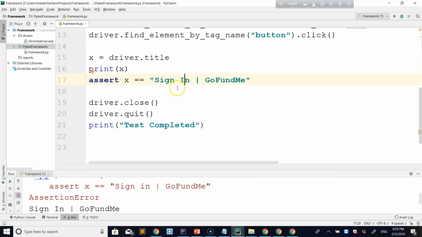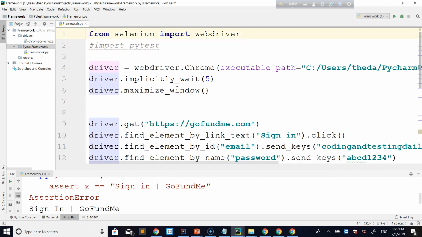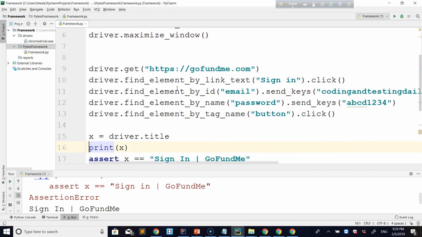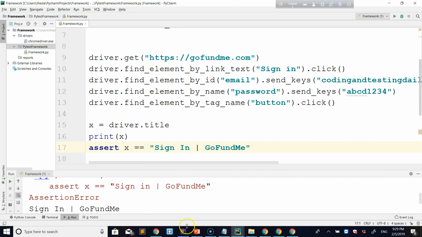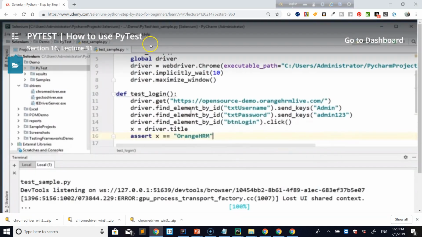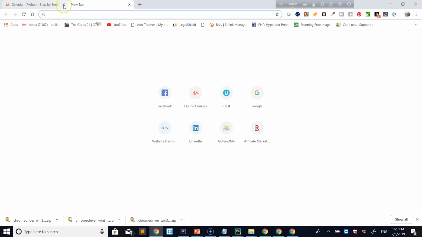All right, so this is the very simple test case in Selenium, but here we are not executing the simple test case in Selenium. We are going to use Pytest framework. Okay, how we can do it now. If I go to Utest,